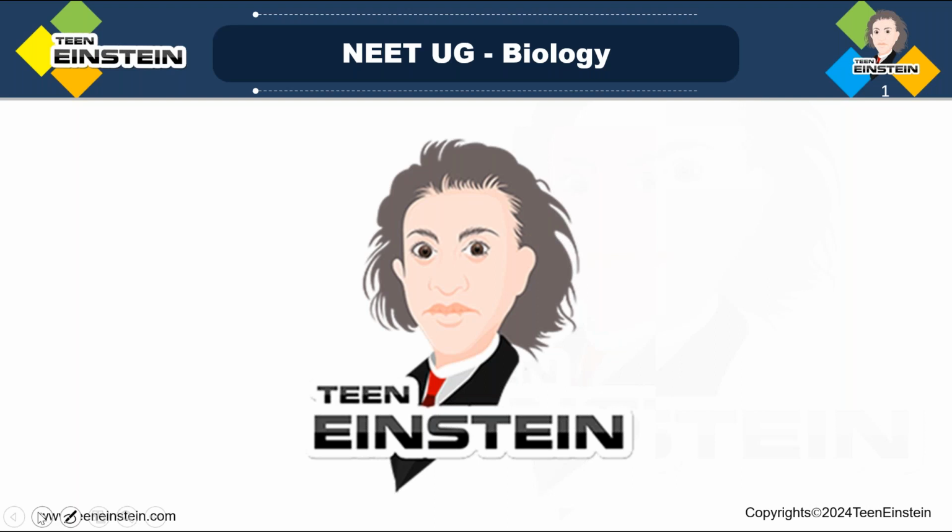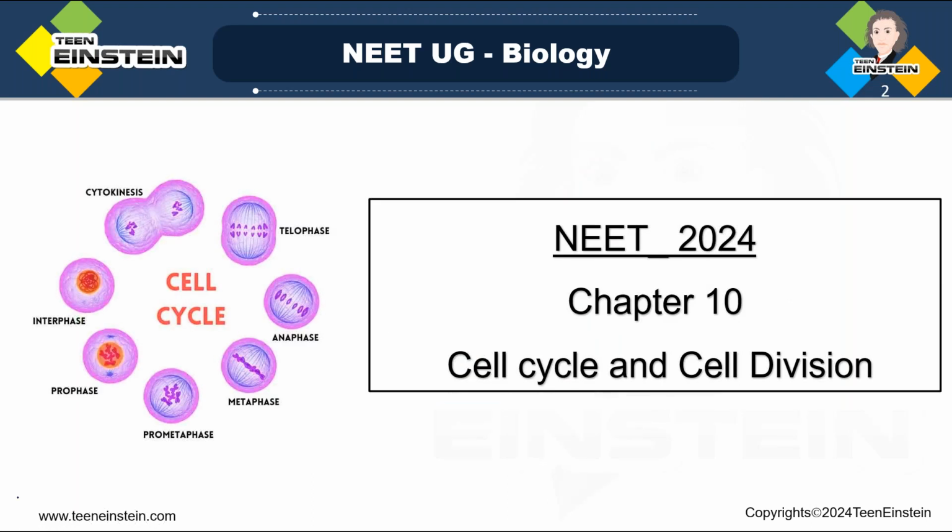Hello students. So we are preparing for NEET UG exam of 2024. Now we are in a very important chapter number 10, cell cycle and cell division. So first what you should do is you should go through the NCERT textbook and you should get a clear idea about this chapter. And now we are discussing the important points, only the important points, and then we are moving to the previous year question paper so that you can